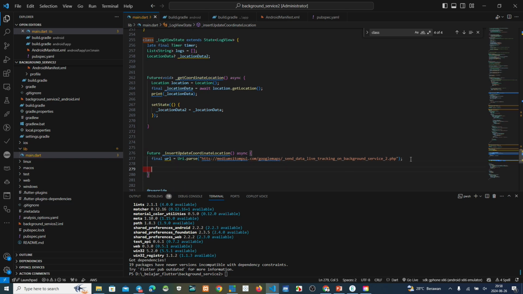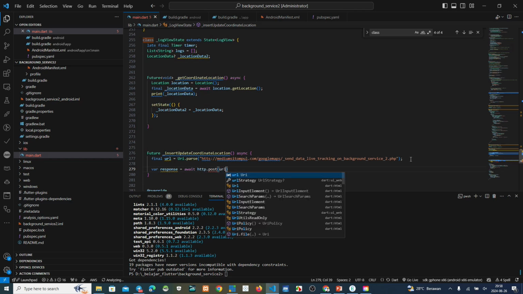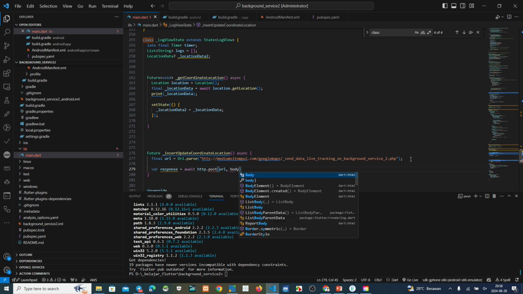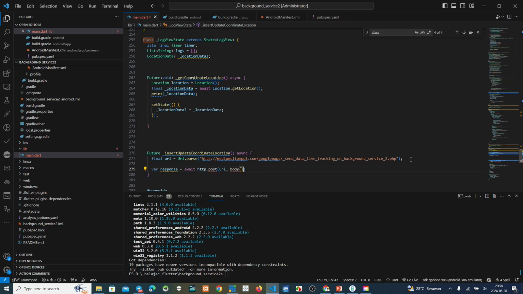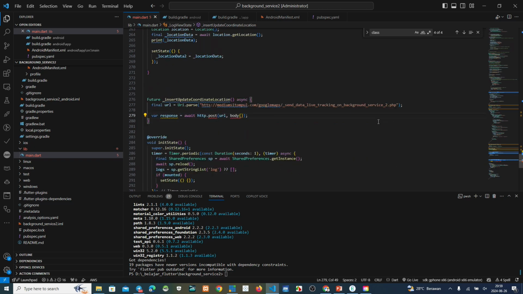Now the first one, we declare a variable for the response. Wait, http://URL, comma, body. Why is this one still red?